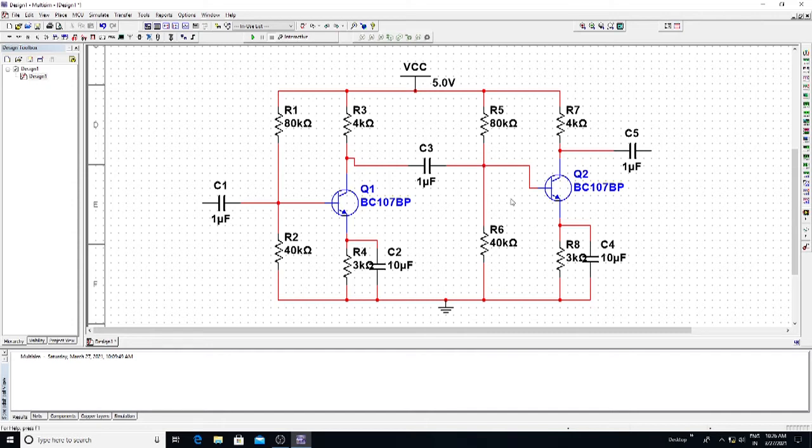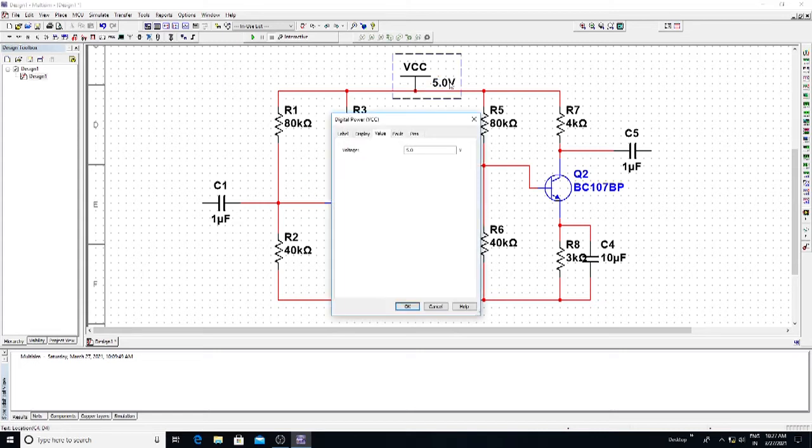Click here. Right. So now we have to set the value of VCC. How much is VCC? It is 12 volts. If you double click on the value, you have label, display, value, fault as well as pin. Directly you will get the value. In order to change the value to 12, VCC is 12 volts. Click on OK.